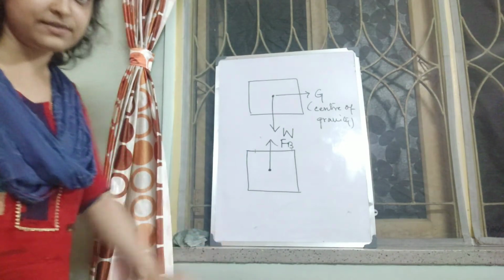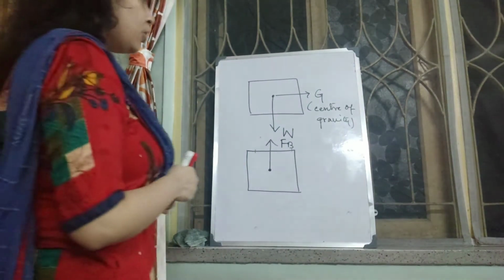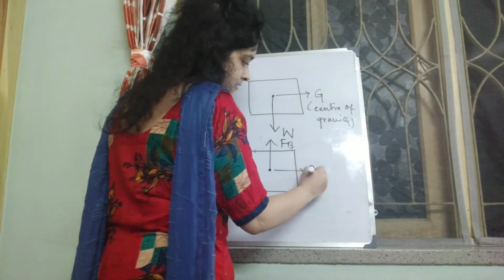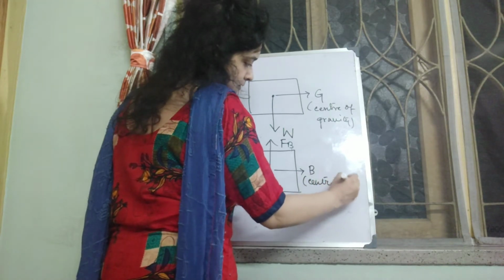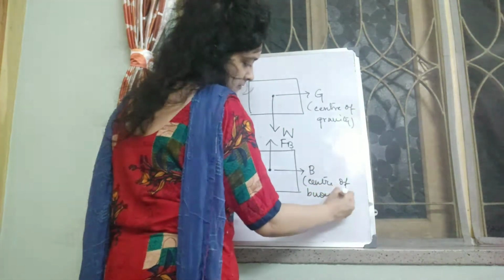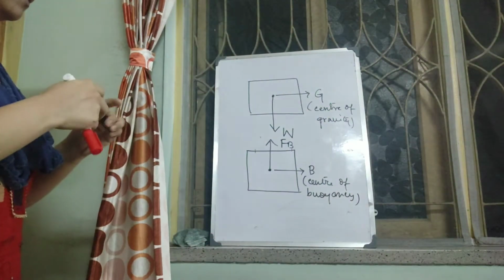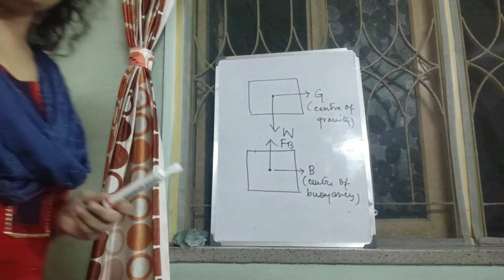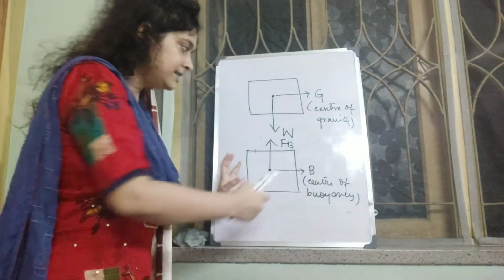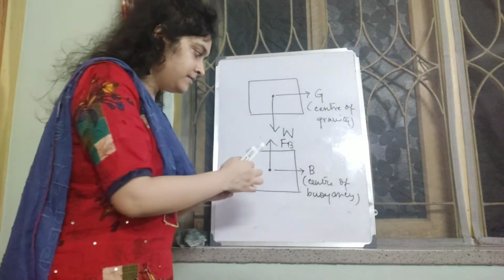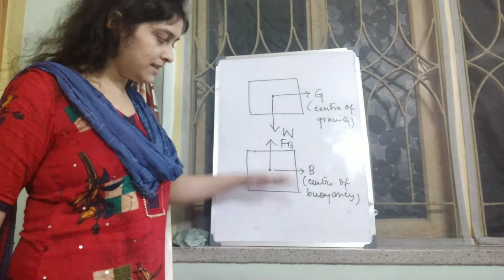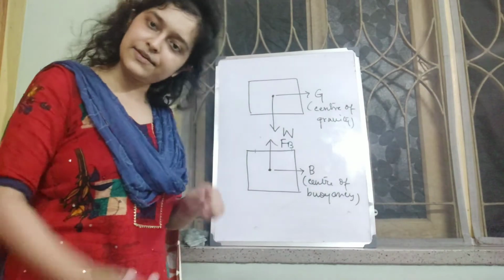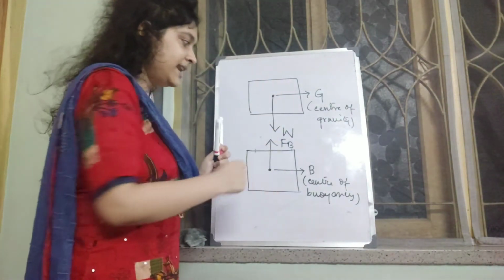This is how we show the upthrust direction, right? And what is this point called? Center of buoyancy. Okay, and upthrust always acts vertically upwards, right? So in the diagram it is denoted like this. The upthrust due to the liquid seems to act along the same straight line in which the weight is acting.